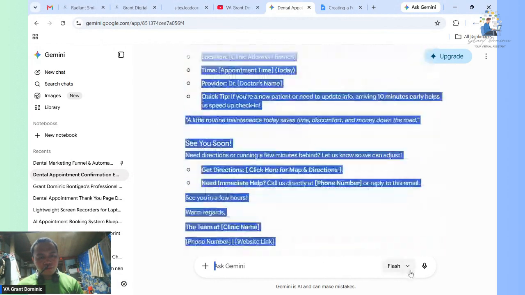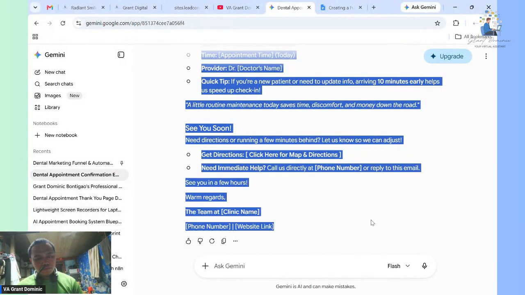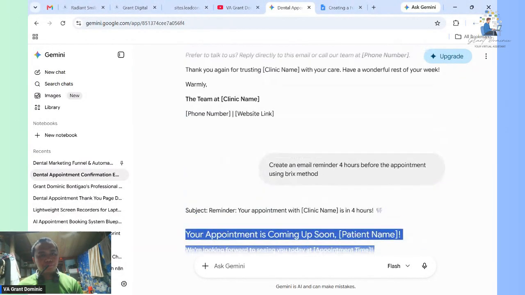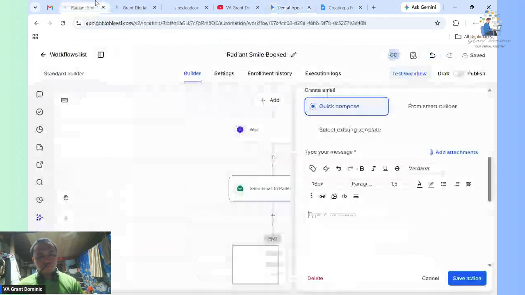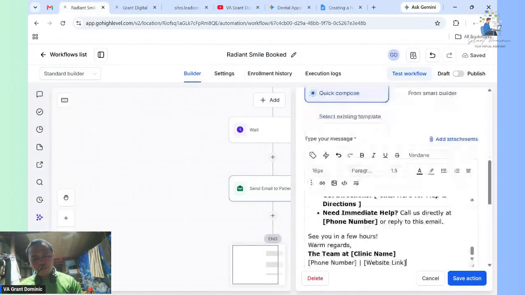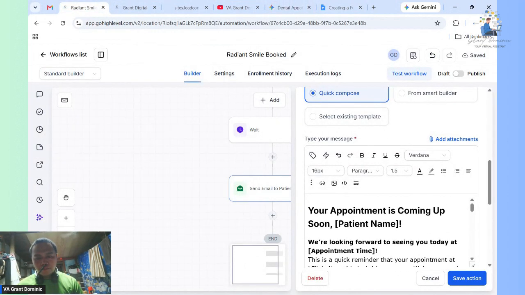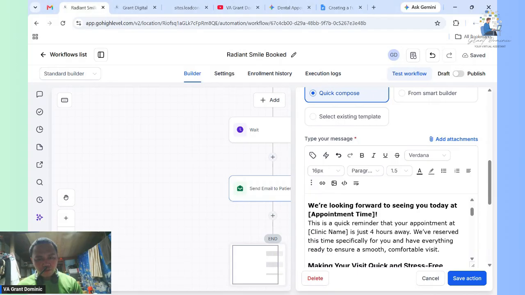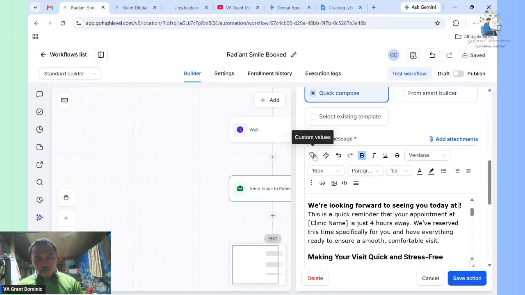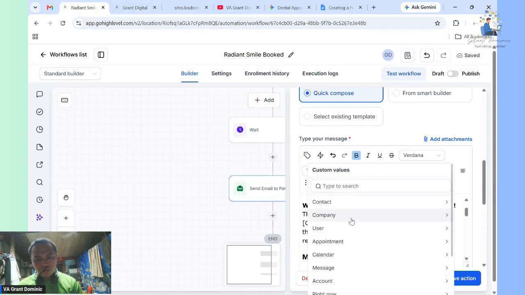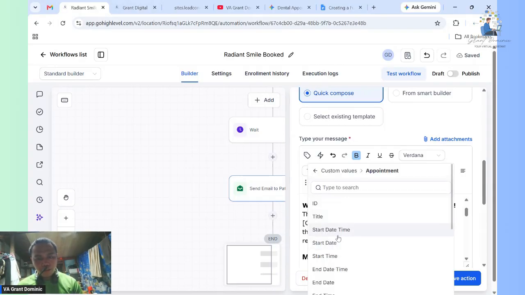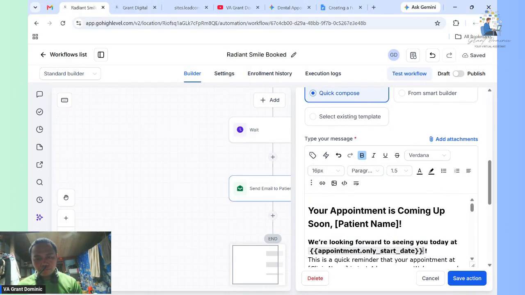We will copy this, paste it, and if you change this, just click custom values, the appointment, and the start date. That is very easy. Patient name.